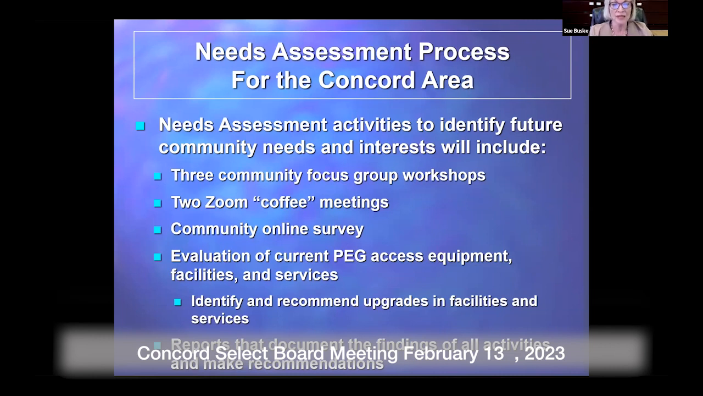Also, we will be undertaking an evaluation of the current paid access equipment, facilities and services. I've already sent inventory requests and certain other information requests to the folks at Minuteman Media Network so that we can get an understanding of what is in place right now. What is the condition of the equipment, how much it's been used, etc. And that will help us then determine, are our needs being met now,